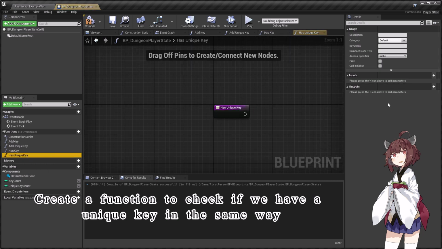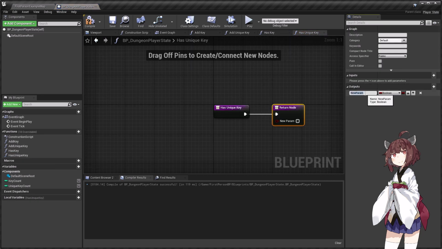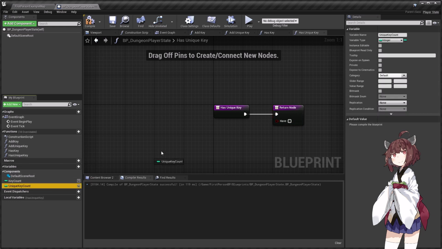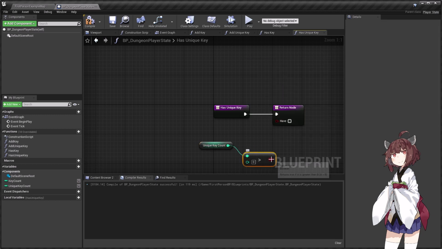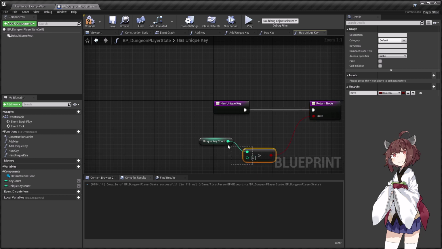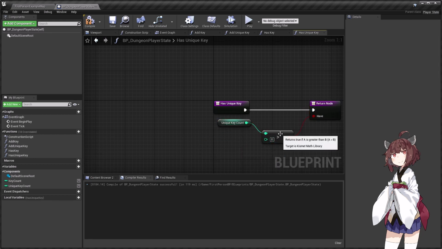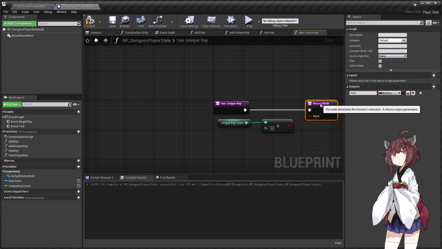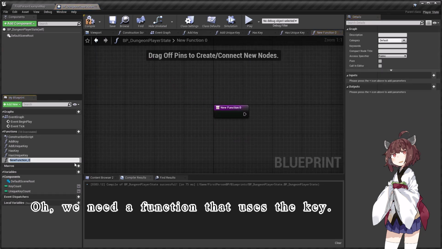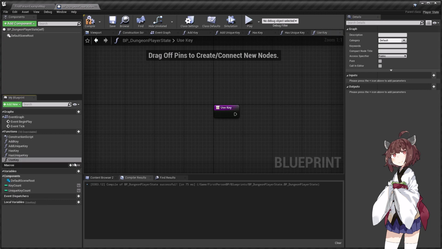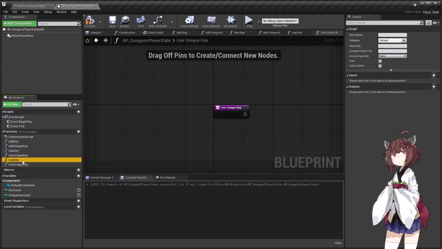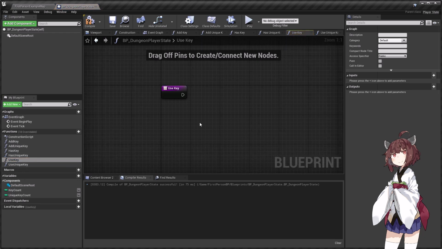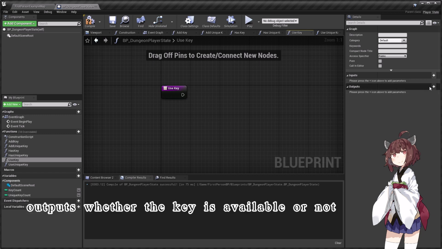Create a function to check if we have a unique key in the same way. Oh, we need a function that uses the key. Outputs whether the key is available or not.